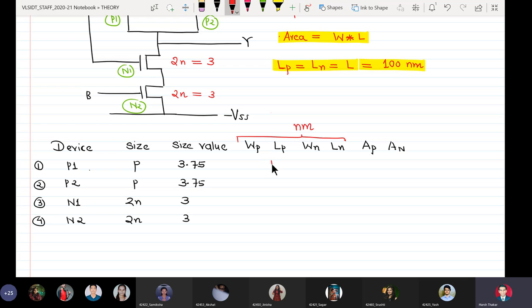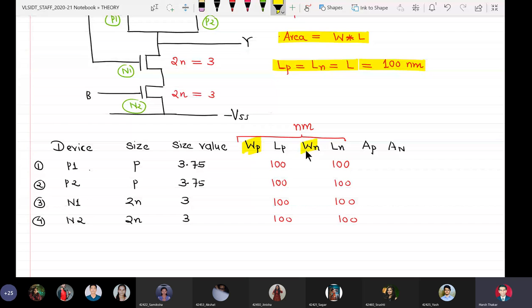Okay. So LP is 100. Ln is also 100. What is important is to find out the widths of PMOS and NMOS. Now very important here, you will get confused here. The size of P1 is equal to 3.75. What is the width? So it's very simple, we can write it like this,